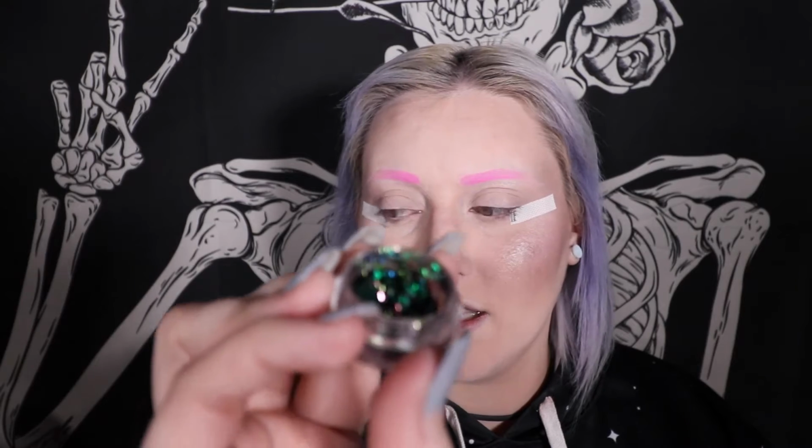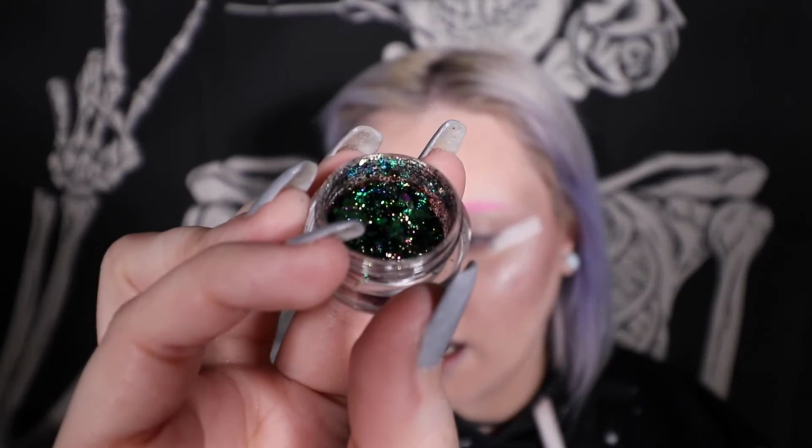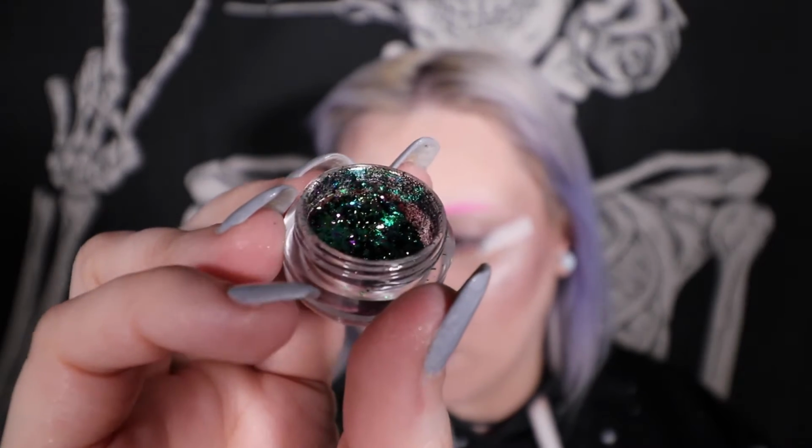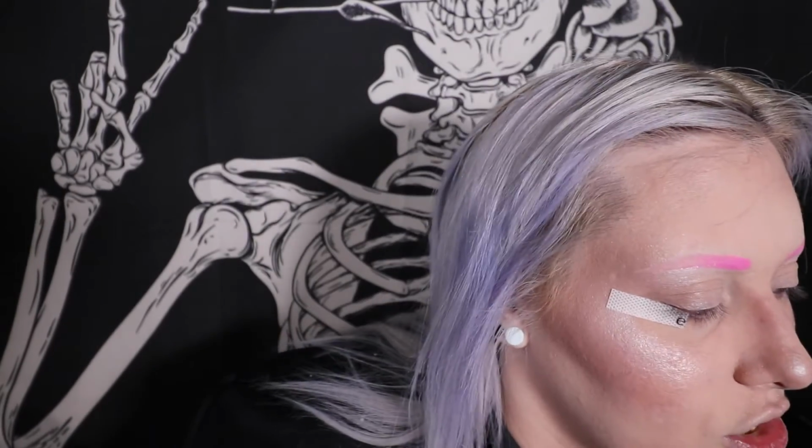And then we're gonna be using one of her legendary flakes. I have yet to play with this one, so I'm actually really excited. This is the Green Dragon color, and it's one of the multi-chrome shades that she has, with a gold, green, purple vibe. So it'd be really cool for Mardi Gras or something like that. But the green in it is just